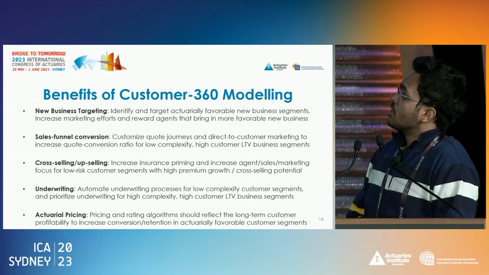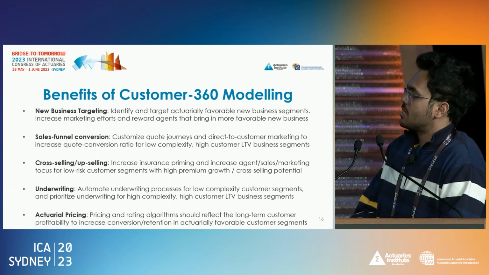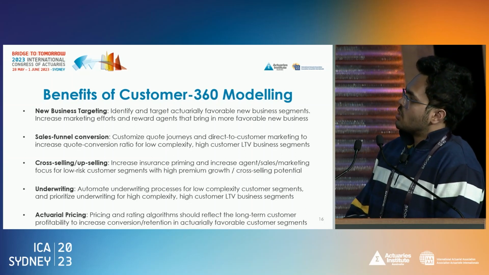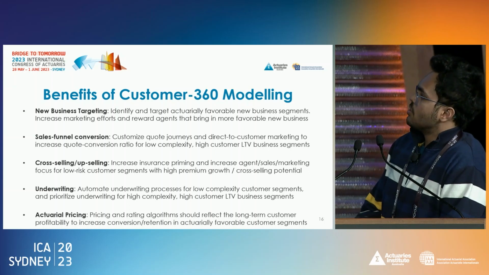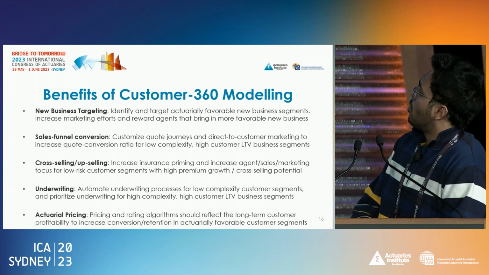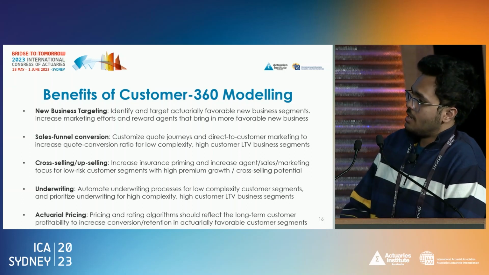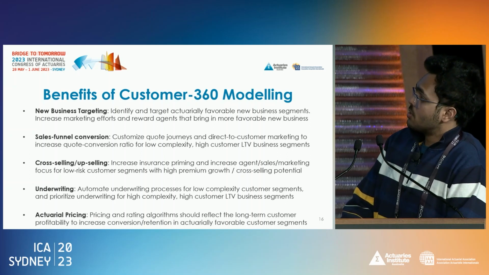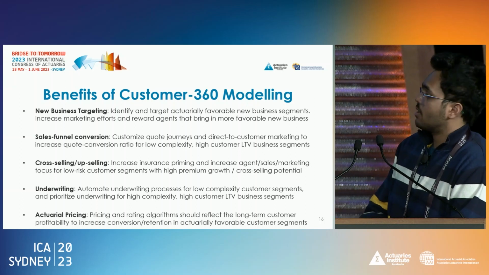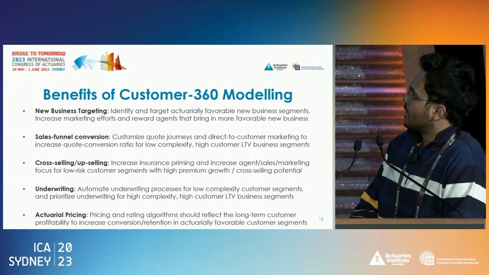Similarly, these models can be used for identifying segments with higher probability of cross-selling or upselling, where the insurance company can identify customer segments who are likely to grow their business with the insurance company over time. It can also be used to automate the underwriting processes for lower complexity customer segments where we have a high degree of confidence in the pricing models, and also prioritize underwriting efforts for higher complexity but higher customer lifetime value business segments. And finally, for actuarial pricing and rating algorithms,